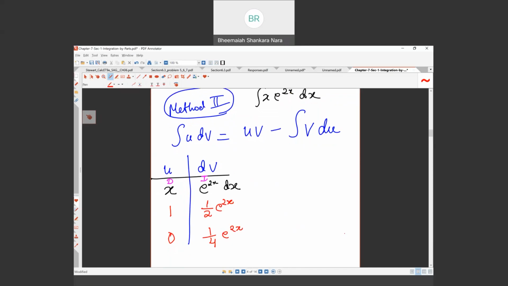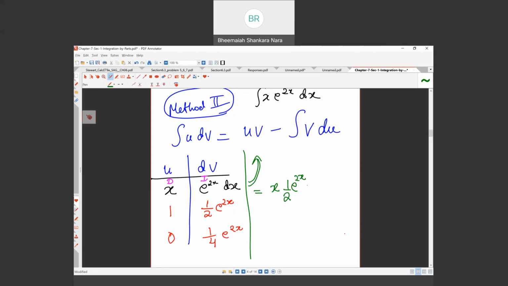Now let's plug in these functions back to the formula. So we have uv, u is x, v will be 1 half e to the 2x. The very first time you integrate the dv, you get the function v. So let me write, this is 1 half e to the 2x